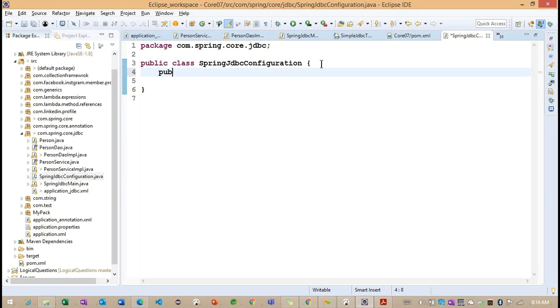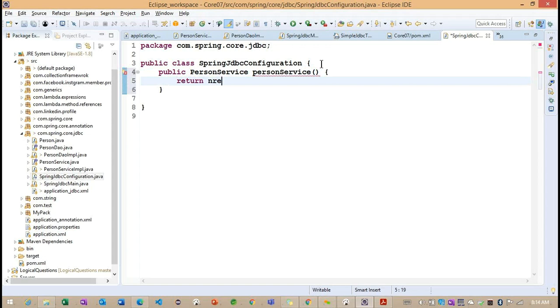What are the objects we need to create? First we need to create a personService method that returns new PersonServiceImpl.